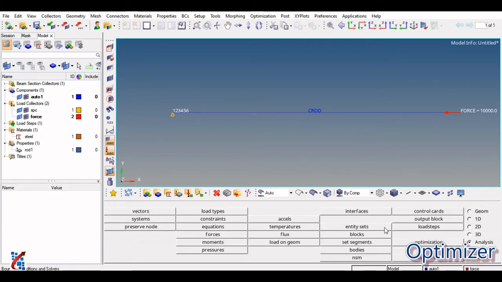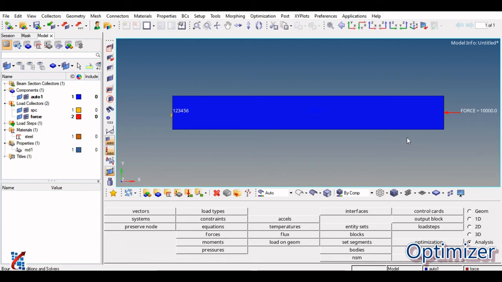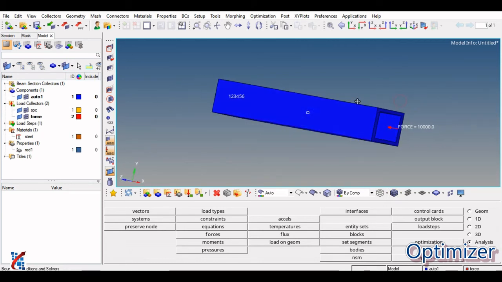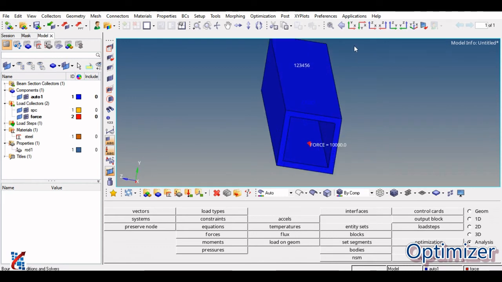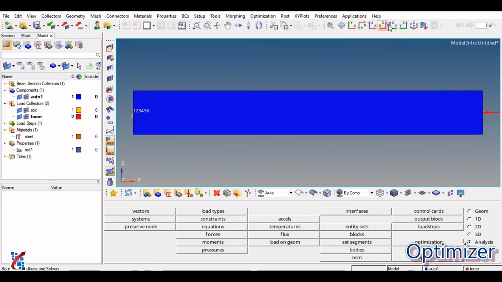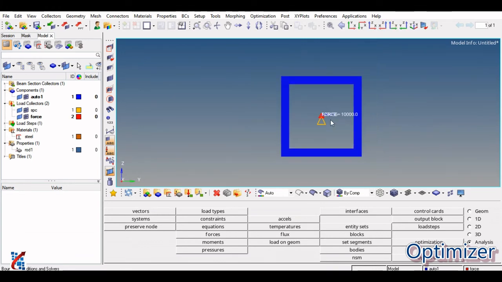Now before proceeding to solution, we need to verify whether our model is completely defined or not, and whether all the materials are assigned or not. So for that, we need to check whether the cross section is assigned or not. Just click on this 1D detailed element representation, and just press Ctrl and rotate it. Just see the cross section, that is the hollow cross section, is assigned. You can check like this also, the cross section is assigned.